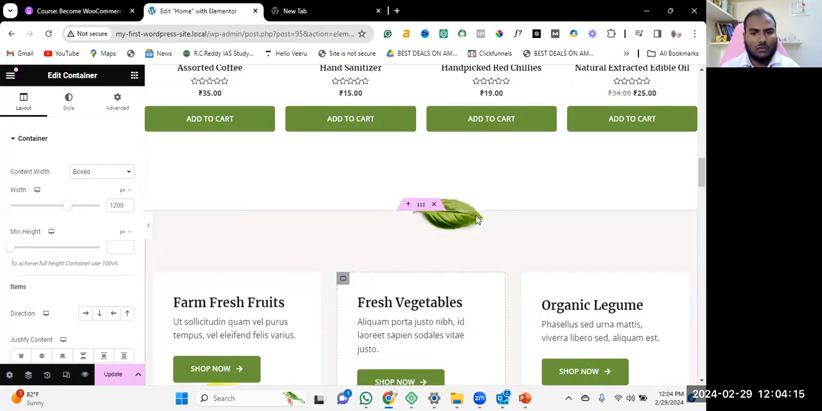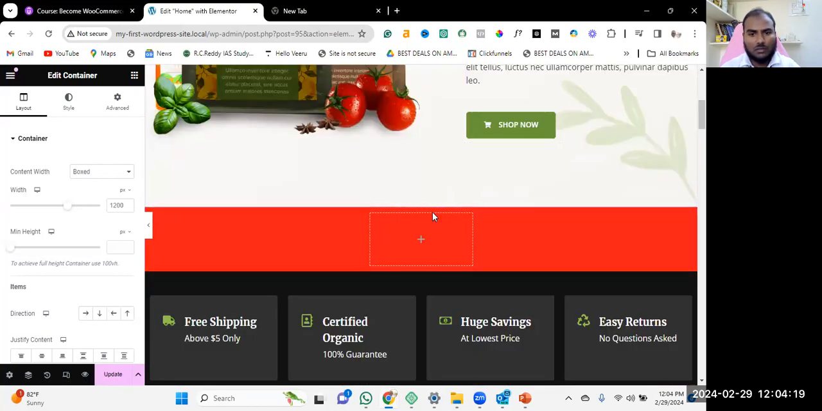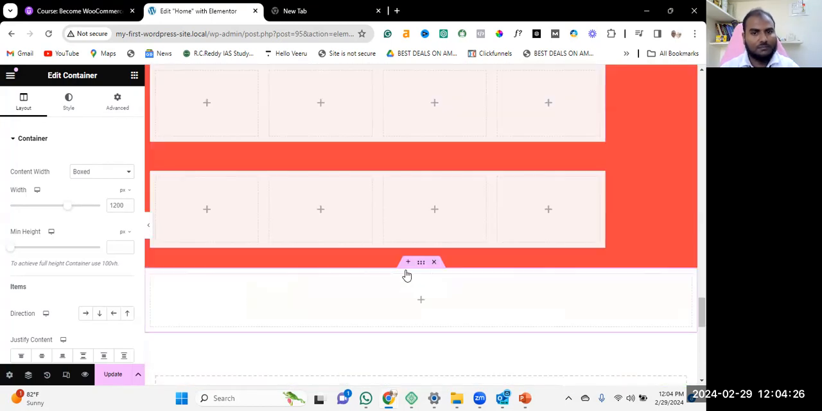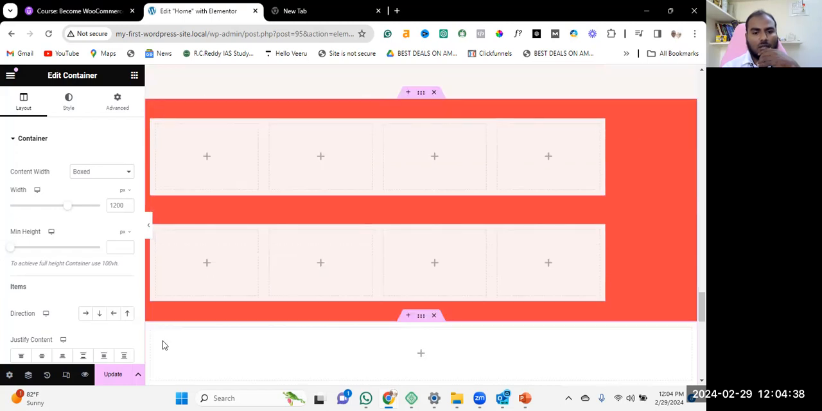Actually, I already created this, I hope. Yes, already created this one. Let us close. We already have this section here. So see friends, here, I have taken a full width, okay, 1200 as the width and 1500 as the height,